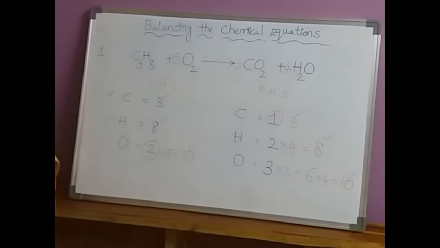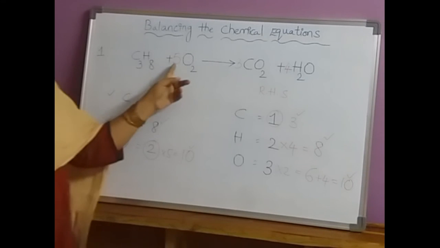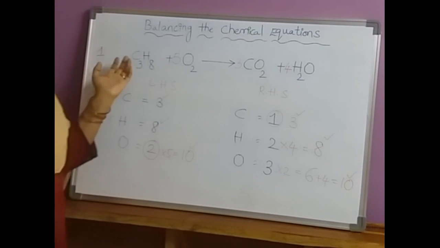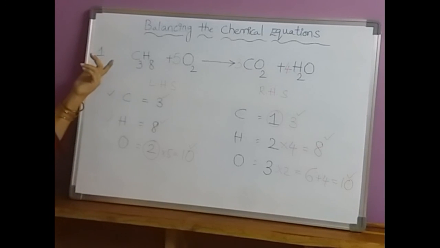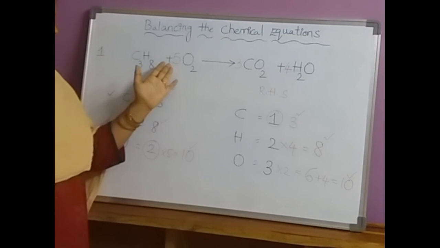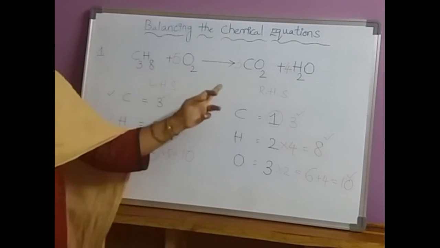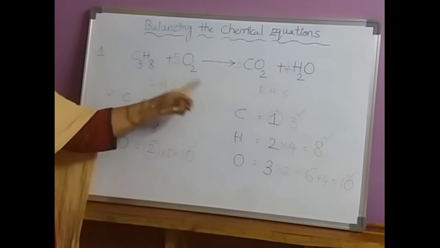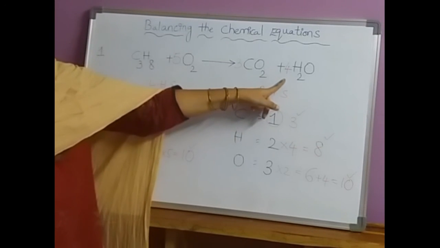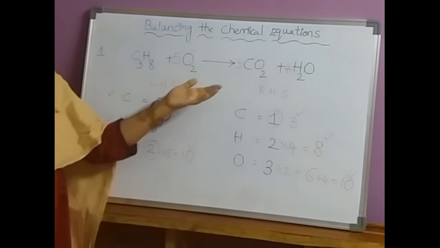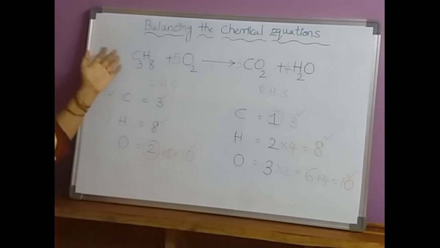Now we can balance the chemical equations by writing the suitable coefficients wherever required. In this particular equation we need the coefficients 5, 3, 4 here. So like this we can balance the equations. And wherever needed, we can also reduce these coefficients by dividing all the coefficients by the highest common factor so as to get the simplest ratio of coefficients. But here in this particular equation, the 5, 3, 4 coefficients are already the smallest whole number ratio, and all the 3 coefficients cannot be divided by a common factor. That's why we will keep this equation like this only.